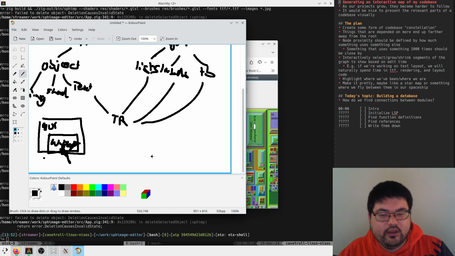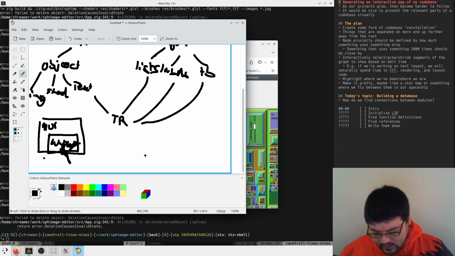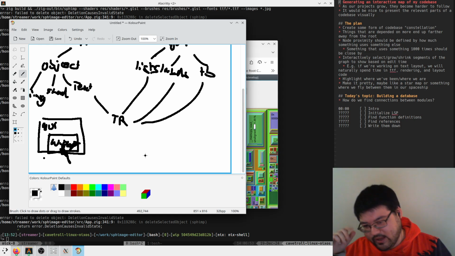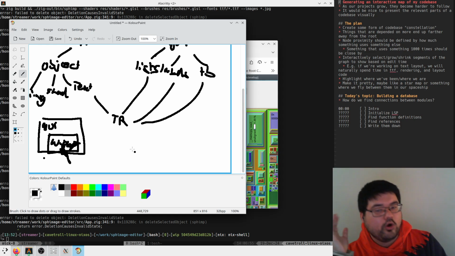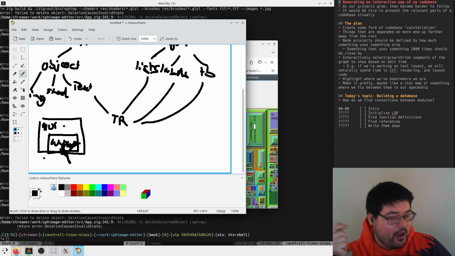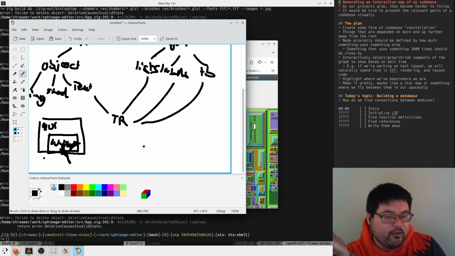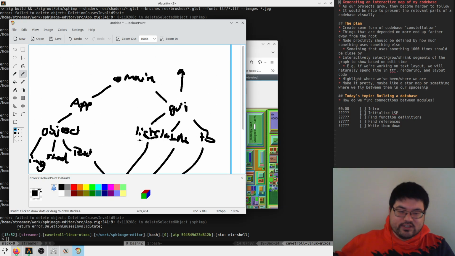Maybe we can show GUI. We could maybe try to model this stuff as a map of the stars, you could imagine, right? So you could have a solar system that is an individual file, and you could model interactions between the solar systems by placing them close together. I don't know. We're gonna play with it, but in order to do any of this,